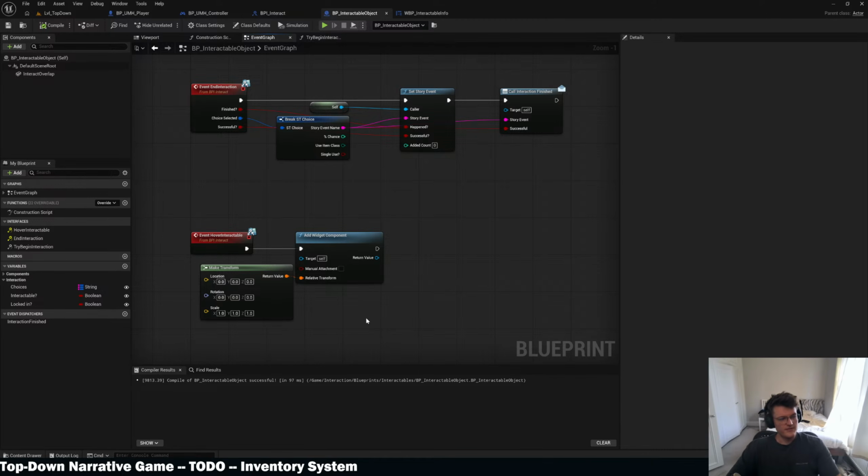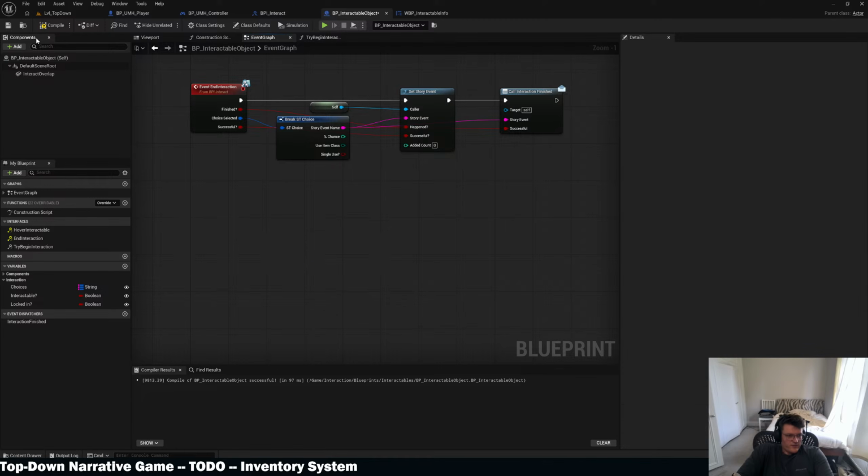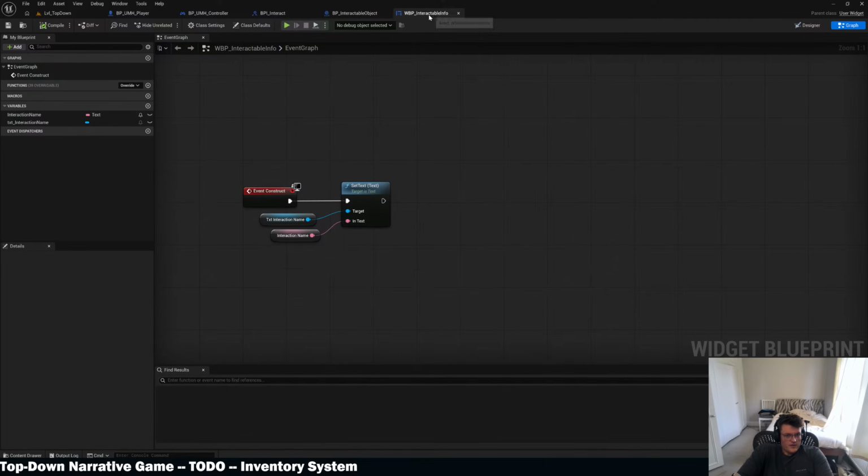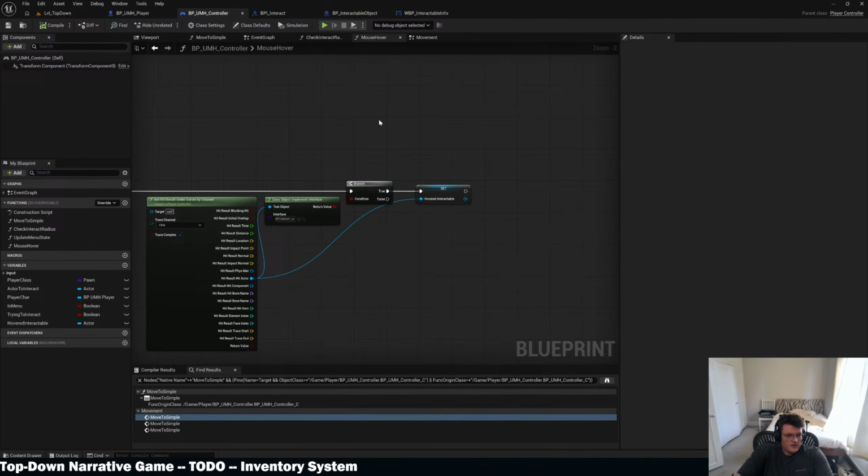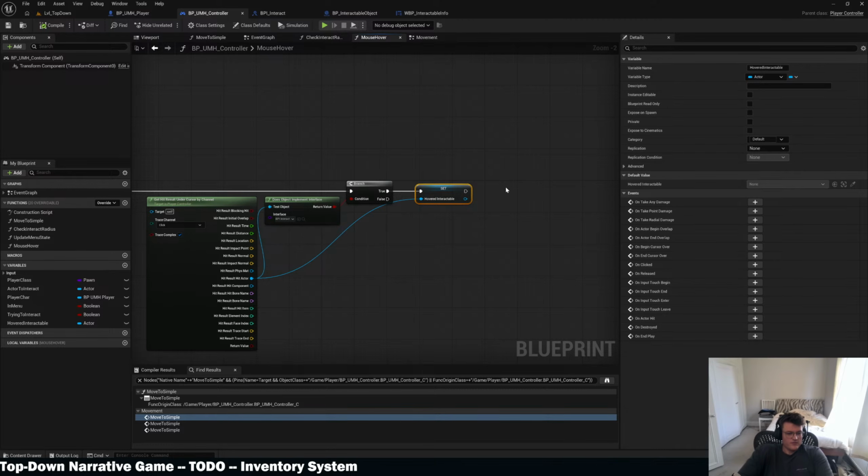Maybe it's better to keep this information on the HUD and not have each one create its own thing. I think that might be the better way to do it. So instead of doing it this way, what we'll do is on the controller, rather than making hover interactable and